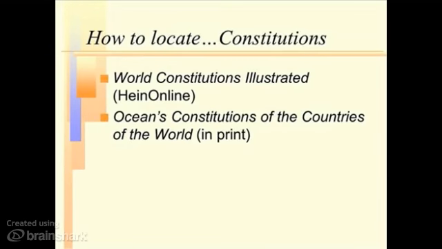So these next 3 slides, we're just going to talk really briefly on how to locate certain large bodies of law within most countries. For instance, in this particular instance, how to locate constitutions. We already talked about Constitutions of the Countries of the World, and that is Oceana, and we have it in print in the library. But the thing that we're going to be using for this class most